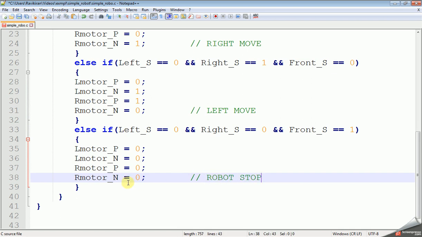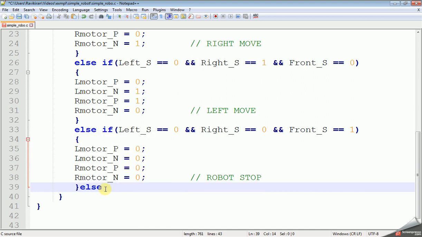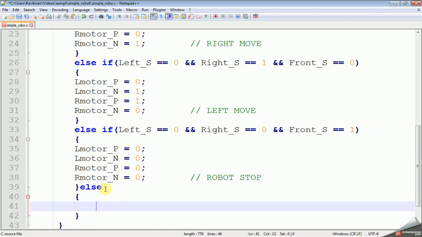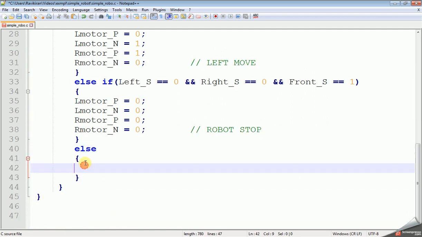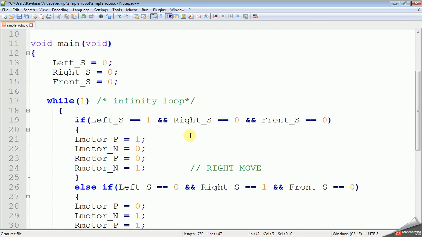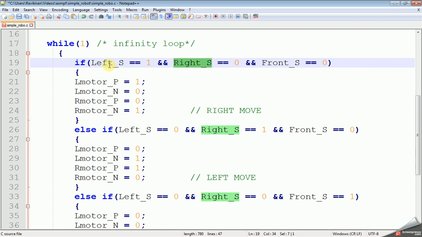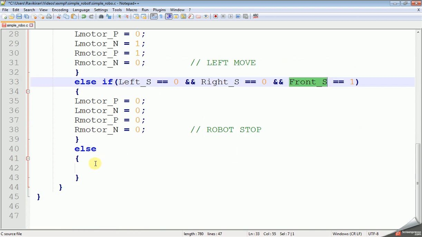So we need an else condition. The else condition is the default condition: if none of the sensors detected any obstacle, like left sensor not detected, right sensor not detected, front not detected, then it will come to this logic.